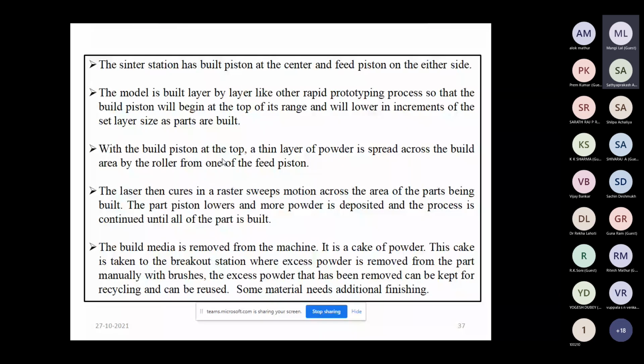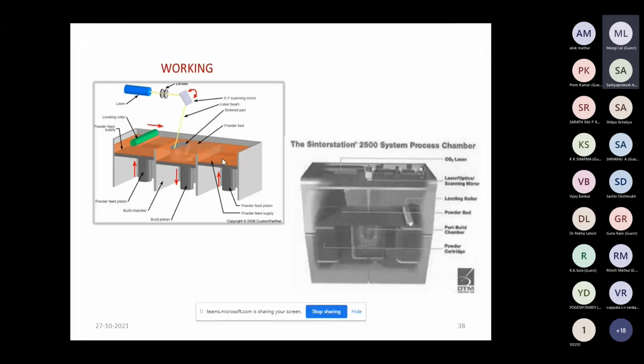So this is the working which I have already explained, and you can also see the working in this picture. This is the powder feed piston on both the right and left sides, and in the center there is a build piston, a leveling roller to distribute the powder on the platform, and this is the laser system for scanning and laser beam sintering the part.